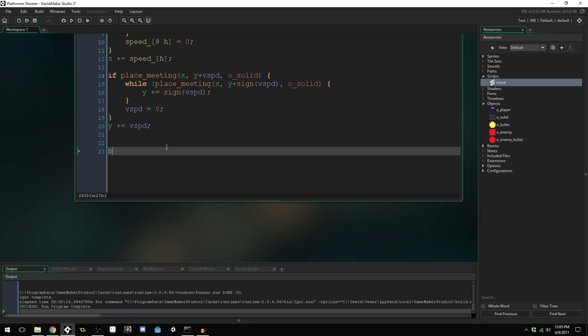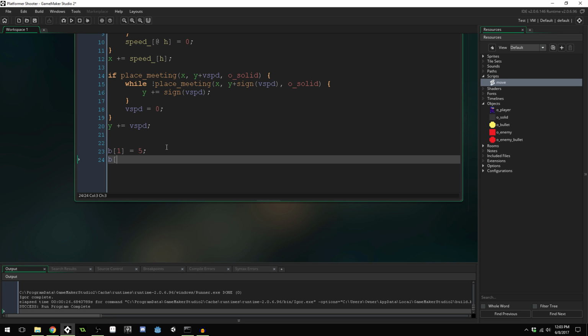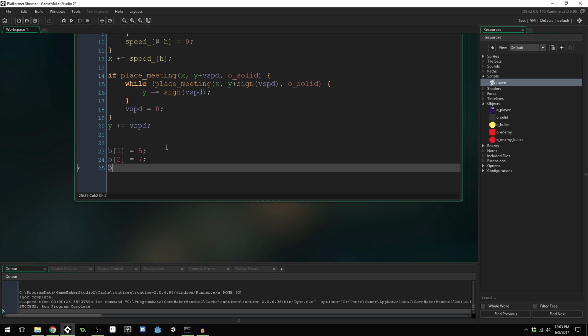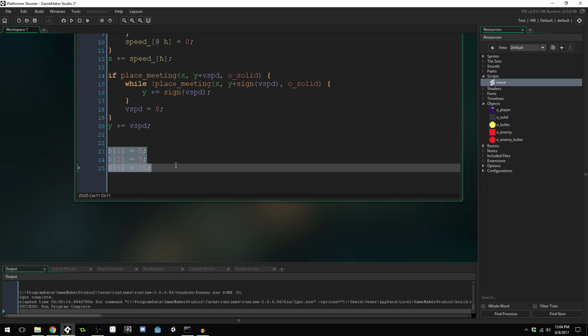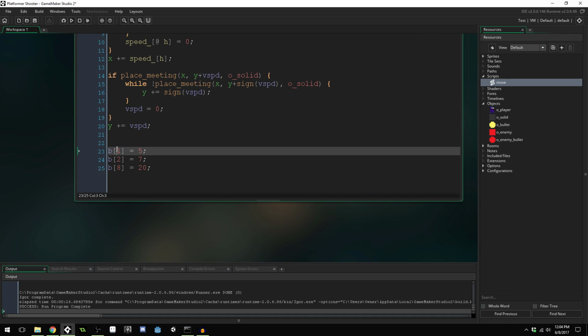value. So you could say b1 equals 5, b2 equals 7 for whatever reason, b8 equals 20. So an array allows you to hold multiple values. It's just a variable, but it has multiple different values in it. Inside of GameMaker Studio 2, you can actually create them like this. B equals